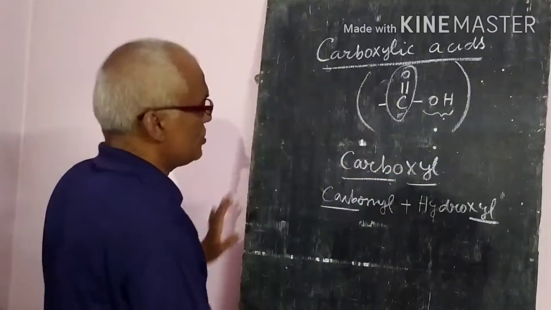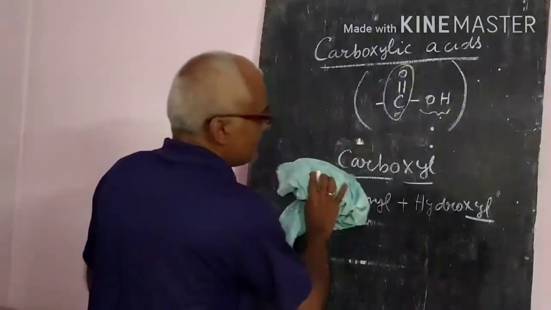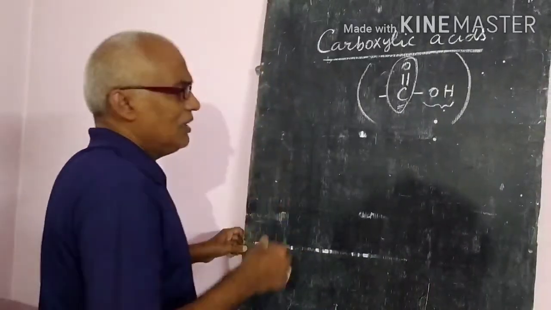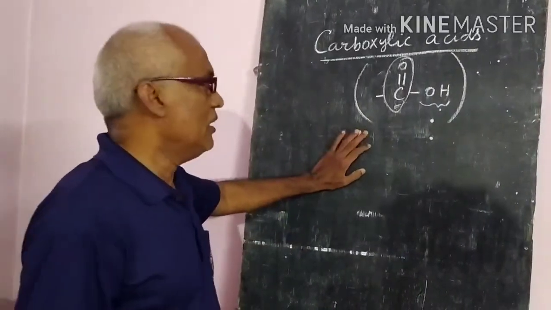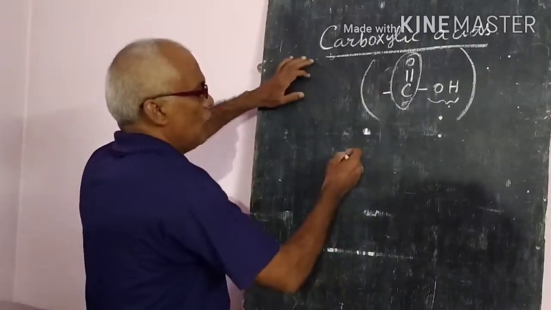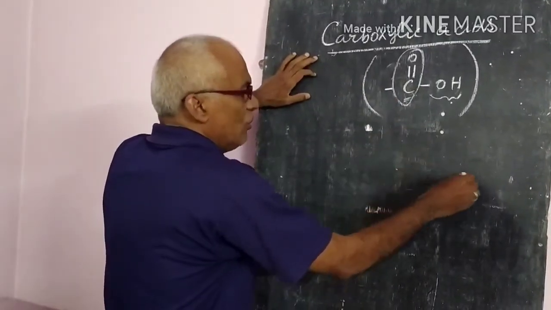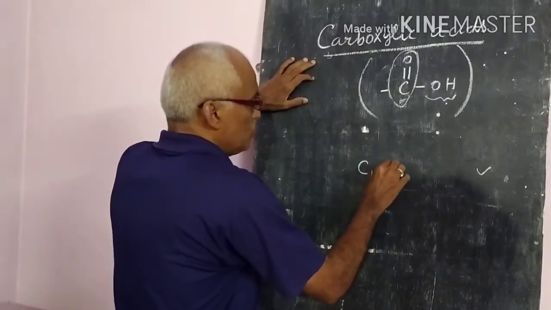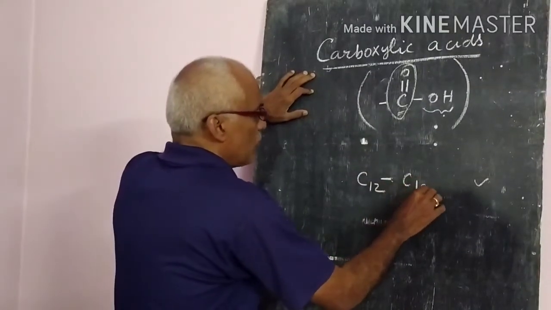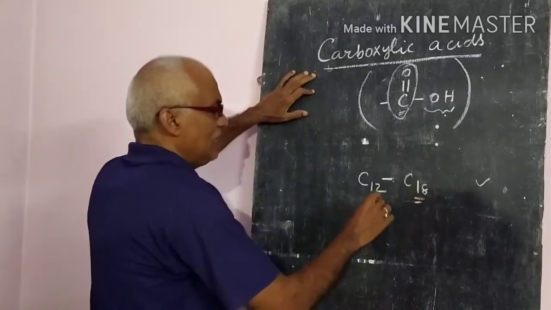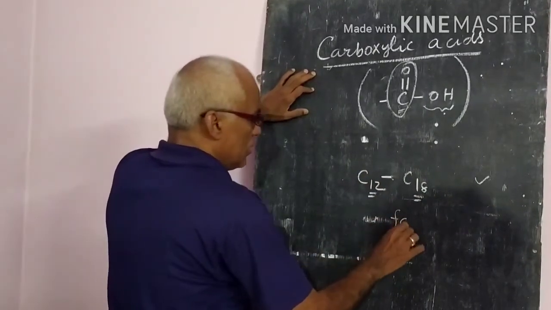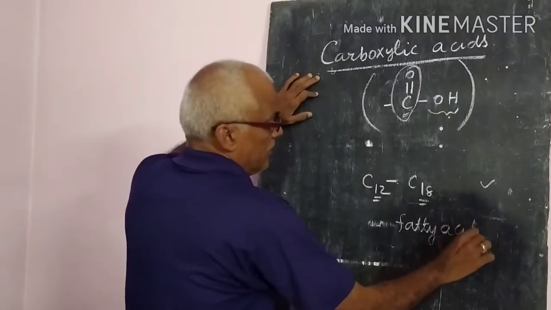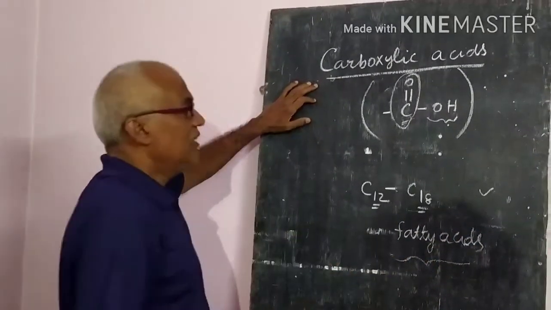So this is the most important. Generally, these acids were first derived from Latin names. Mostly the lower carbon carboxylic acids we know very well, but those carboxylic acids with more than 12 and less than 18 carbon atoms, in between these two, are called the fatty acids.